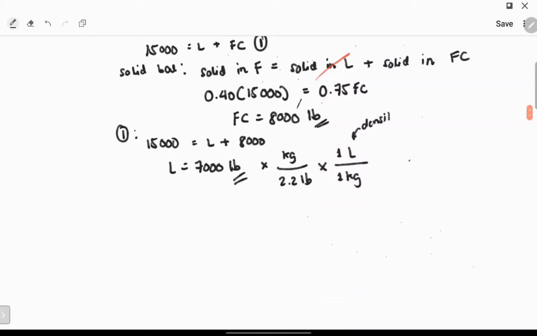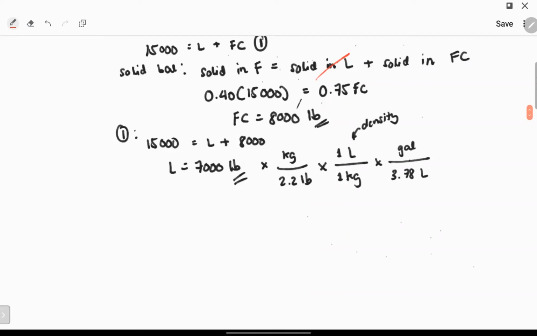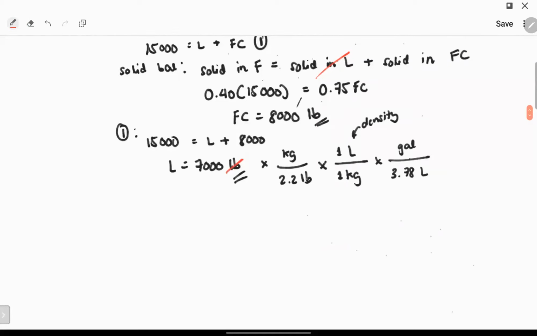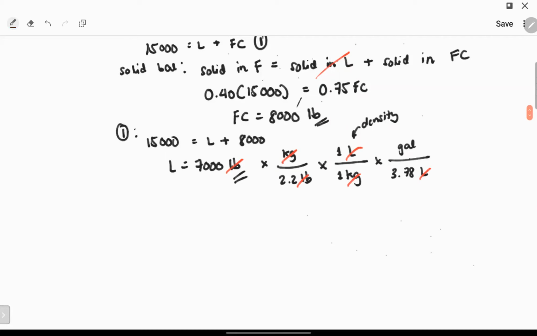And we can convert finally yung liter sa gallon. So ang isang gallon kasi it's 3.78 liters. So you have to be familiar for some of these conversion factors. So take out pounds, kilogram, and liter, matitira sa gallons, and therefore finally, we have converted 7,000 pounds to 841.75